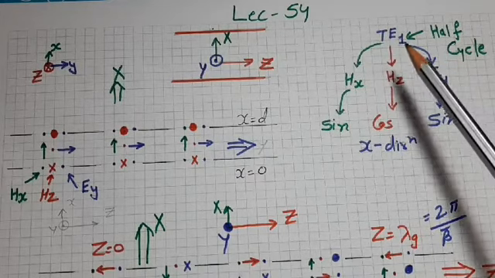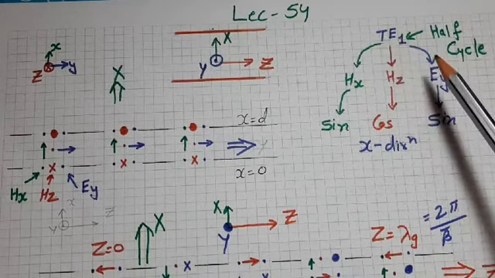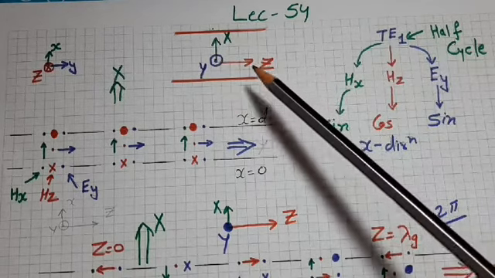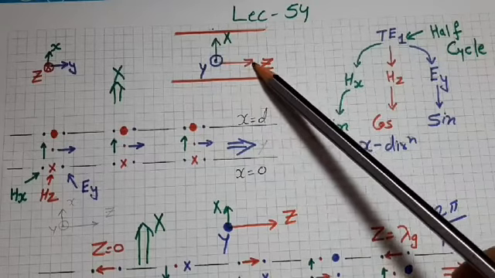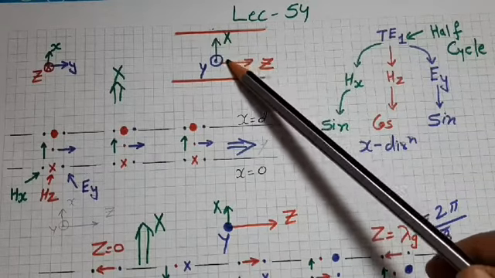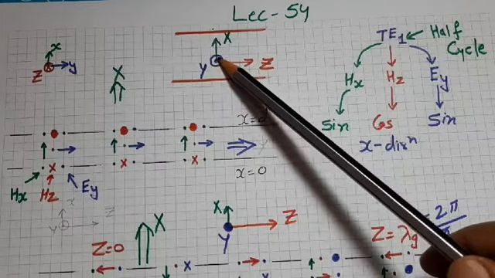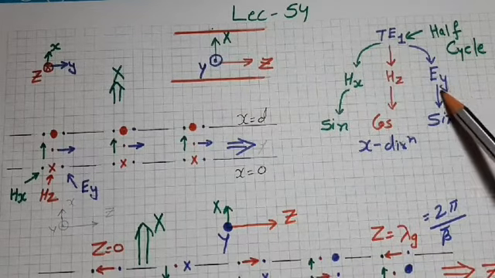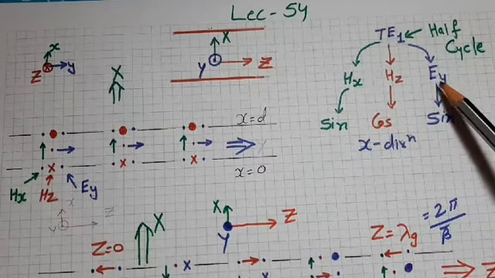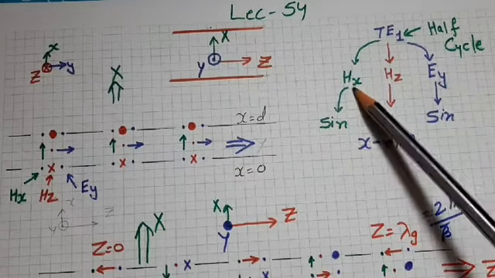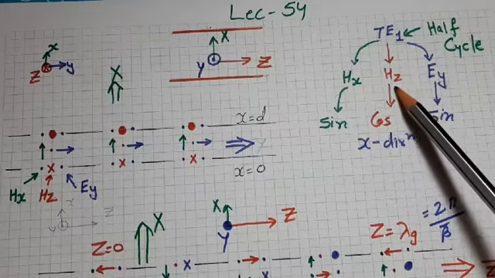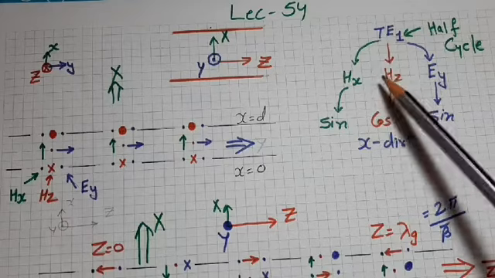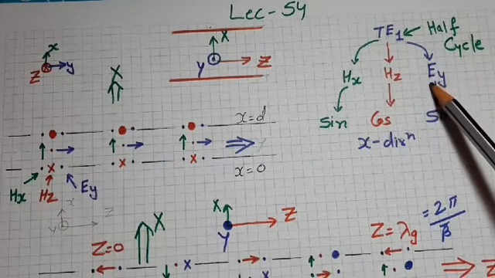Because this is transverse electric mode, the electric field component will always remain perpendicular to the Z axis. The component which always remains perpendicular to the Z axis can be taken in the Y direction. So Ey is the component which always remains perpendicular to the Z axis. Now magnetic field would have two components, Hx and Hz. So finally we can say that in TE mode, Hx, Hz and Ey components will exist.